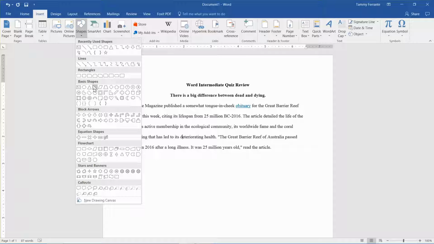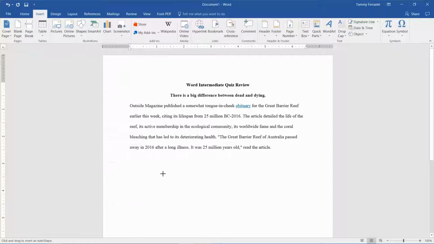We'll do a heart. So I'm just going to create a shape, and you'll notice that I have the crosshair here, and as I move my mouse, I'm holding down my left mouse click and dragging to set the exact size of that object. Now, when I release my left mouse click,